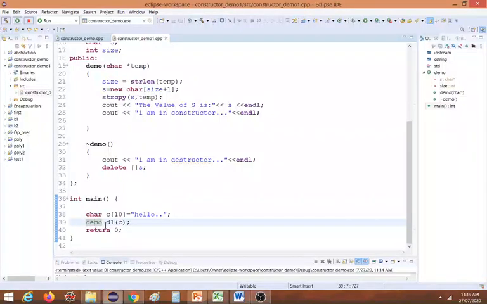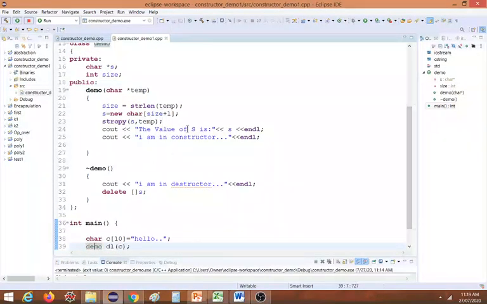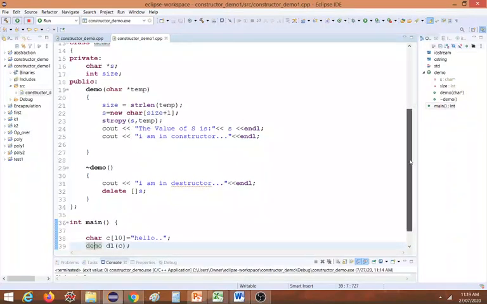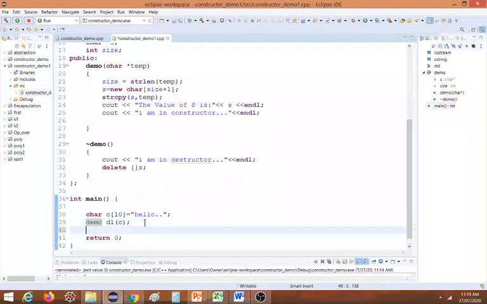Demo is the name of the class, then d1, and I am passing that string, hello, to it. When I declare this object, the constructor will be called and s will get the contents. And return 0. That's it. We have only the declaration of the object and passing of a string to it.